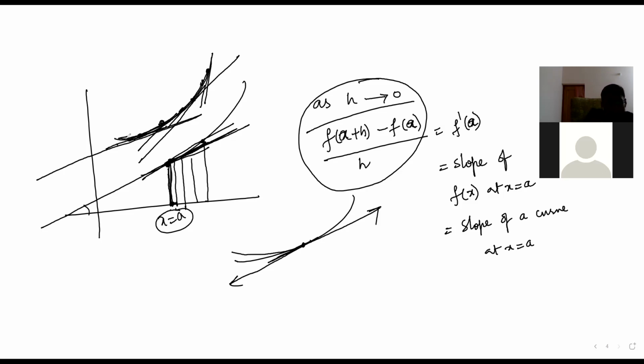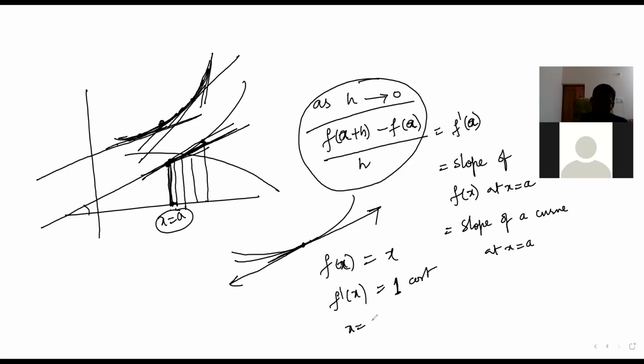So you can understand by the slope whether this curve is increasing or decreasing. Slope is how it is changing. Let's say you don't know how the curve is, and you have f of x equal to x. So you find f dash of x. You know the derivative. The derivative of x is 1. So this is constant. Now put x equal to 2, 3, 4, 5. That means the slope is not changing. The slope is 1 only.